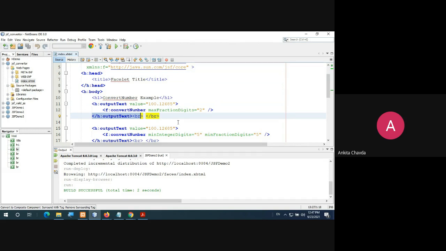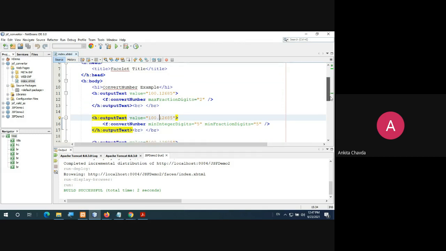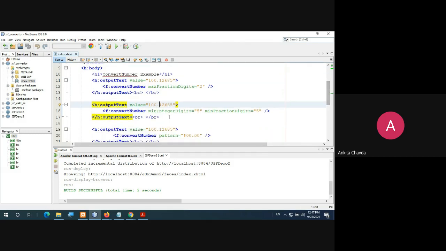Then again, if I'm giving 100 dot this 12685, and here I want minimum integer digits equals 5, then it will add more zeros at the left hand side also, and if it is not given at the right hand side, then it will include the minimum fraction digits 5 at the right hand side also, right? I have given here fewer digits, right? I'll save it in that way.